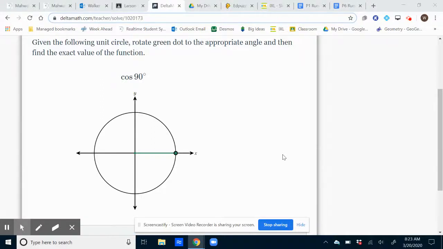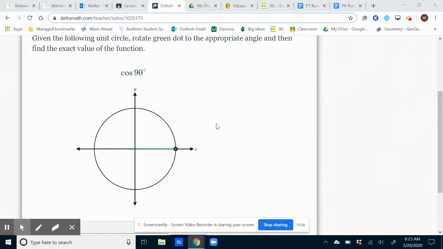All right, guys. So today, your DeltaMath assignment has all different skills for finding the exact value of a trig expression. So a trig expression, sine, cosine, tangent, secant, cosecant, or cotangent, and it gives you the angle, and you're finding the exact value of that trig expression. So this first skill here,